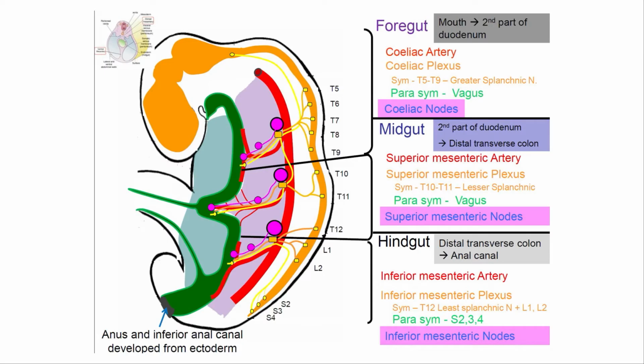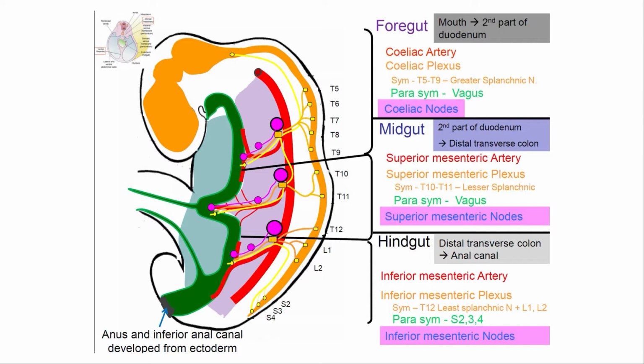And that's really all you need to take away from it. If you get asked, what's the blood supply of the appendix? You know that the appendix is on the cecum. You know that that's between the D2 and the transverse colon. So the appendix is a midgut structure. So its blood supply must originate from the superior mesenteric artery, and its innervation must be from the superior mesenteric